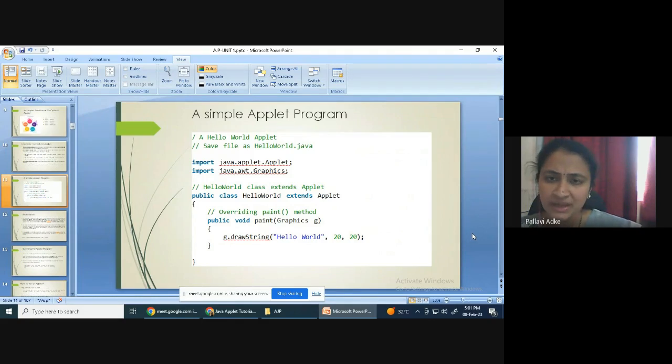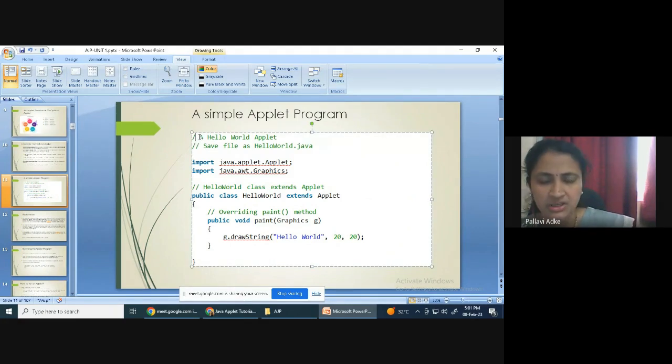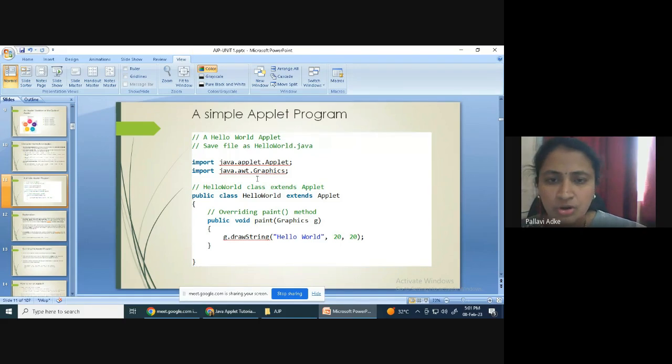So this is a simple applet program. Here we can see the hello world program. Save the file as HelloWorld.java. I will share the PPT with you, and these programs also. Okay, we have to save these files with the .java extension. So what do we do here? First we have to import. As I told you, first import java.applet.Applet, small applet dot capital Applet. Okay, then import